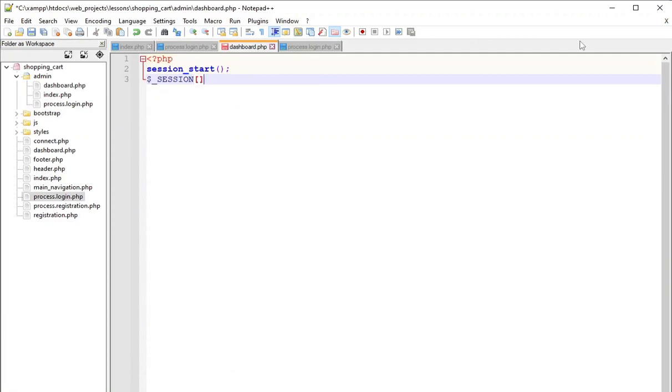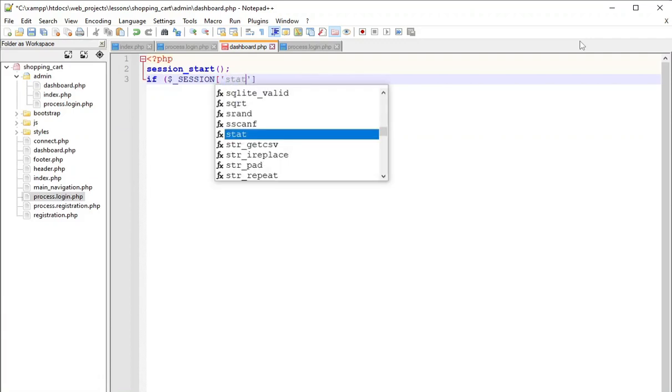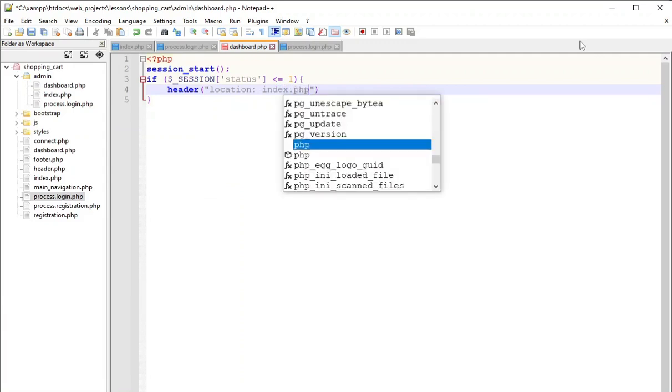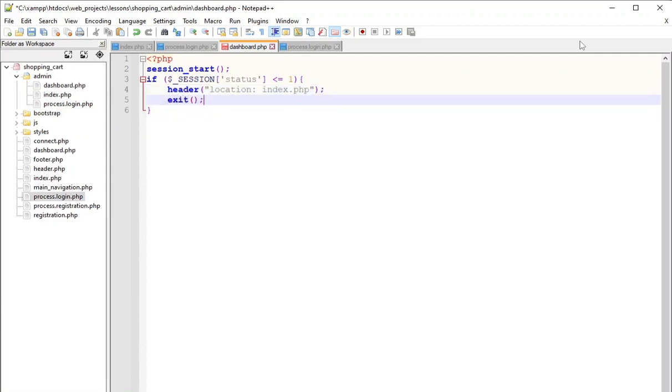Session, if status equals to 1. I don't know, it should be equals to 0 or less than or equals to 1, header location index.php, exit. And let's also try to add another session variable,